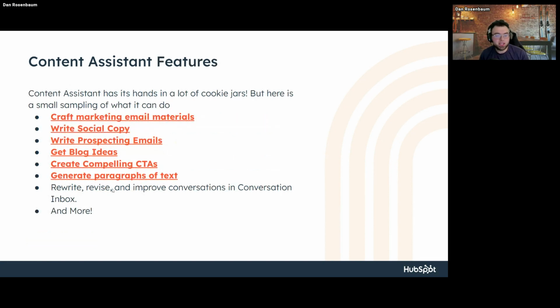And some features, again, not exhaustive here. As far as I know, Stacy, the question is whether Content Assistant is in Outlook? As far as I know, no. The Outlook integration is always lagging behind because Microsoft is pretty stingy with their agreements in general. So not as far as I'm aware. But if anyone else knows differently, let me know. And yes, Laura Lee, I will share the slides after this presentation. There are lots of good links in here, so keep your eyes peeled for that.